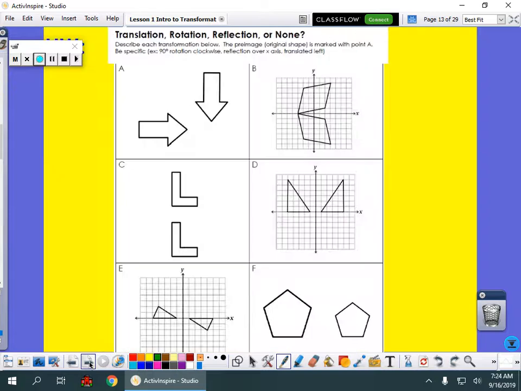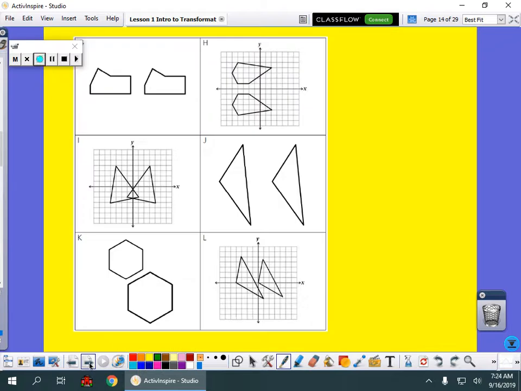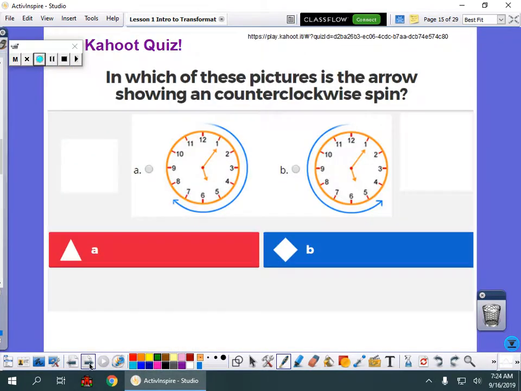So we will talk a little more about this. You guys have some practice, so if you'll go ahead and start working on that, you have time to practice that. I will email my sub a Kahoot quiz in case they want to do it, but it's up to